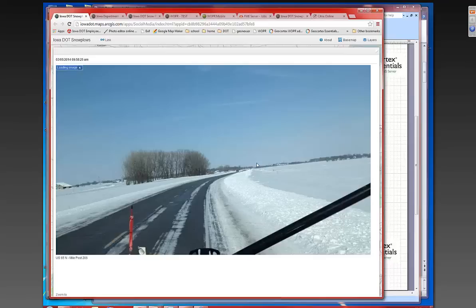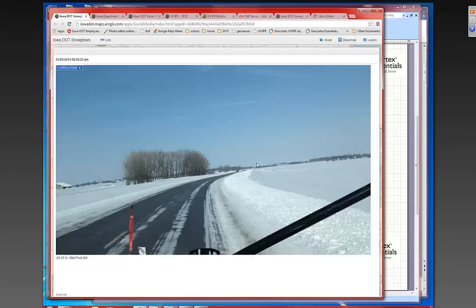And so I'm going to walk through the entire process, what we go through. Last fall, we had an initiative to make our plow locations available to the public, so the public can get an understanding of how the Iowa Department of Transportation does snow removal and winter operations. With that, we also had a mission to get images from the driver itself. So what the driver sees out there, get those to the public